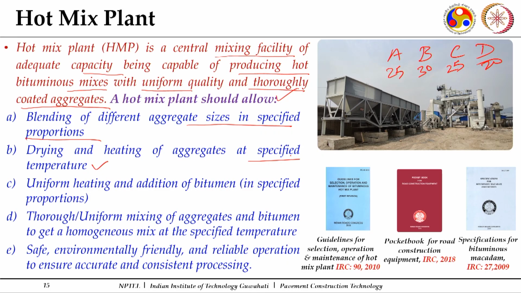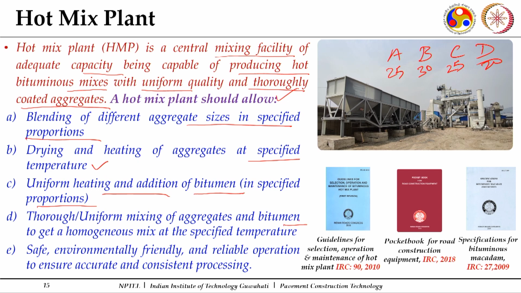So, the drying and heating of aggregates at a specified temperature, as the previous slide table showed, those are the temperatures at which the aggregates need to be heated and the binder needs to be heated. Uniform heating and addition of binder in specified proportions, and that too at a specified temperature. So, once this uniform heating of the aggregates has been done, all different sizes are to be raised to those standard required temperatures, and then the required quantity of binder, again at a specified temperature, needs to be added